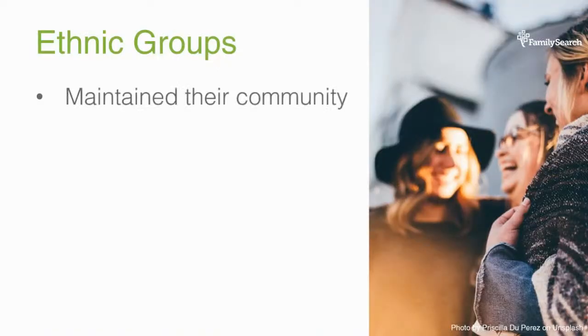Okay, with ethnic groups, keep in mind that you want to understand the ethnic group of your ancestor. They oftentimes maintain their community. They would settle in areas where other people came from the same country of origin. Think about the upper Midwest, like Minnesota, and all of the Norwegians and Norwegian descendants in Minnesota. They're still kind of settled together. So they might have little communities, sometimes immigrated as a group, and maybe even through chain migration, and all settled